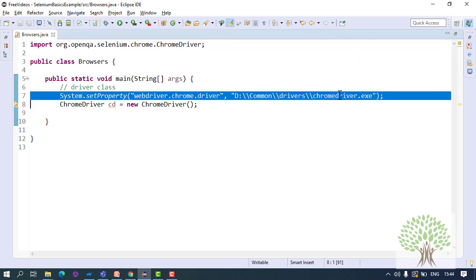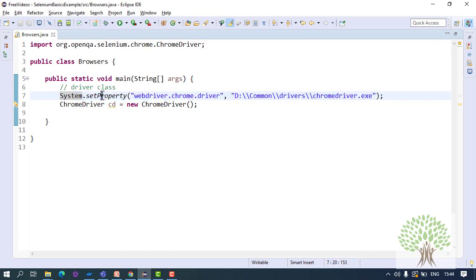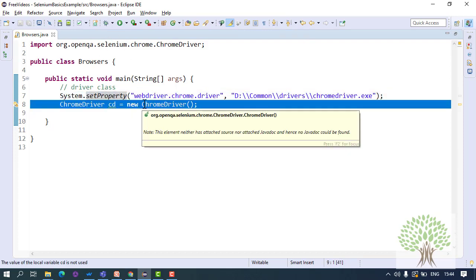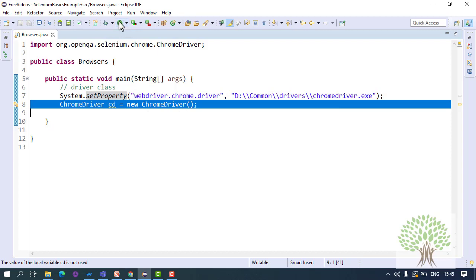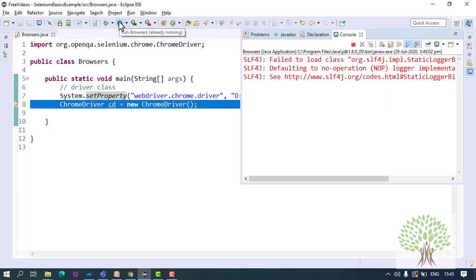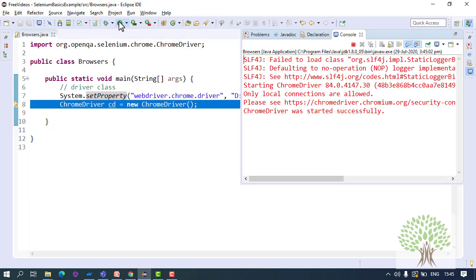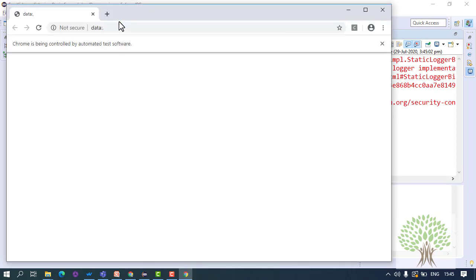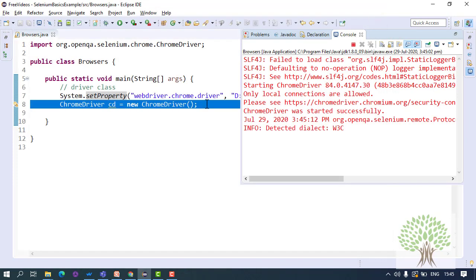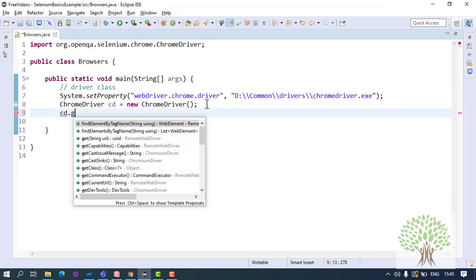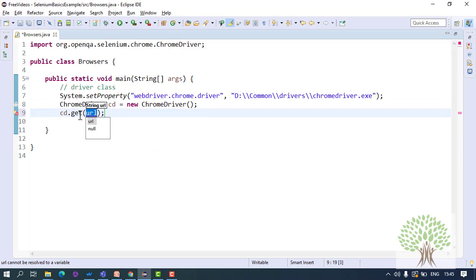Now if you give the path of Chrome driver exe, if you set it in the system path, and after that you create the object of Chrome driver, and you run the code, you will see that a blank Chrome browser will automatically open up. Fine. So this is what Selenium is. Selenium has got standard commands which you need to know. There is no rocket science. If you fire the function chromedriver.get and you give the URL, like I'll send the URL http://qtpselenium.com. So this will take me to our website qtpselenium.com.